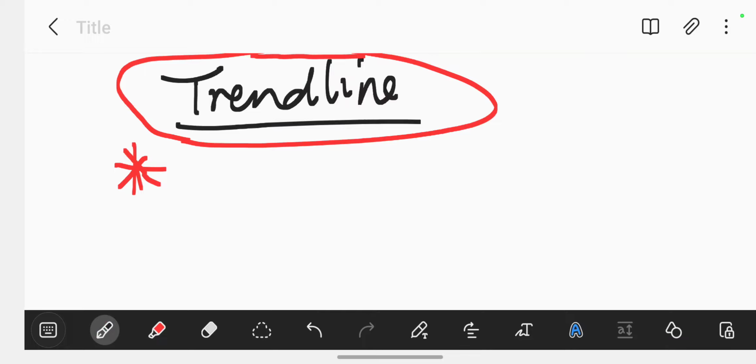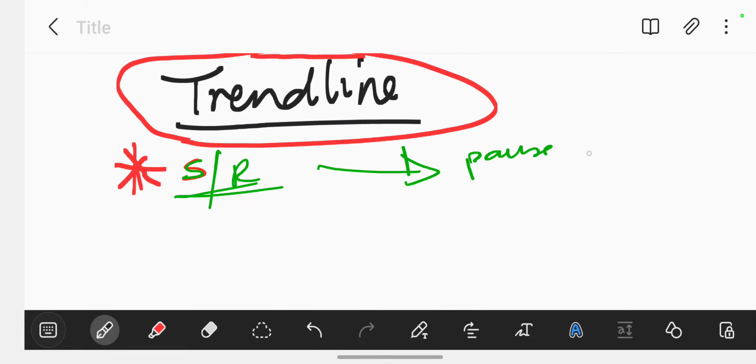So with trendline, if you watched the previous video that I made on this channel about how to identify, draw and also take trades from areas, how to identify your area of support, okay, let's use a different color, your area of support and resistance. And after identifying them, how do you then draw them? And then after drawing them, how do you plan to take trades from those levels? If you watched that video, then you know that at the end I mentioned that a market pause,